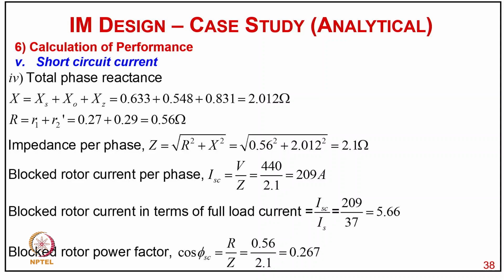So per phase voltage 440 divided by this impedance 2.1, it comes to 209 ampere, and blocked rotor current in terms of load current, ISC upon IS, it comes 209 upon 30, 5.66, which is normally between 5 to 7 per unit. It's only 5.66 per unit. Blocked rotor power factor, R upon Z, comes to 0.267, which is certainly higher than no